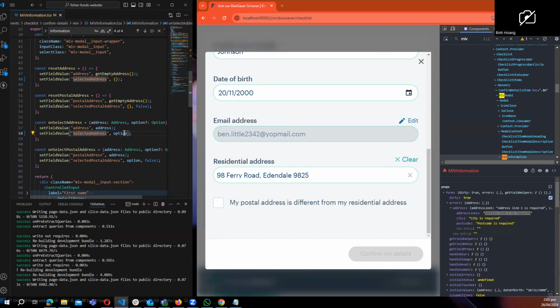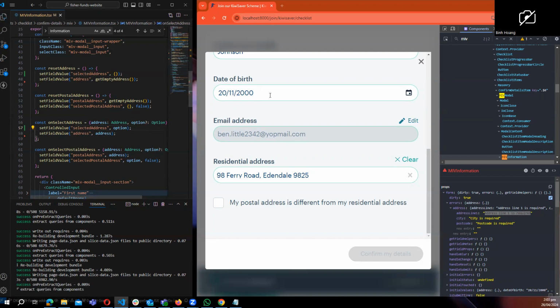So there are two ways of fixing it. The first way is I'm going to switch them up. So if this one has no validation, it goes first, and then if this one has validation, it goes second. Then the second validation will validate that this one is all good, so it will not show any error. So that's what I'm going to do. First, I'm just going to switch those lines up,